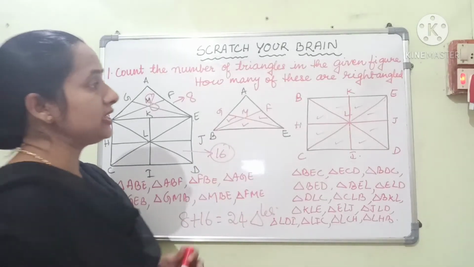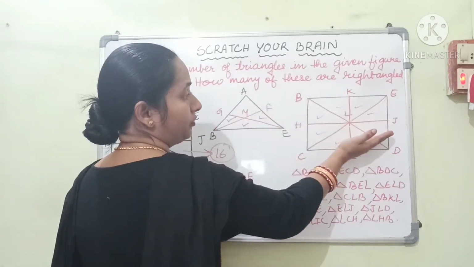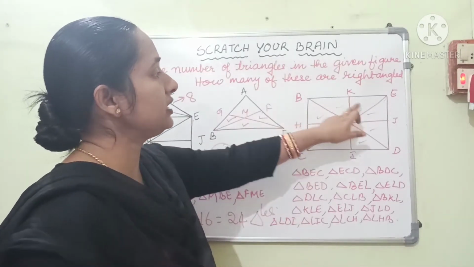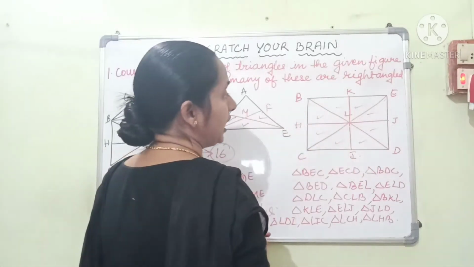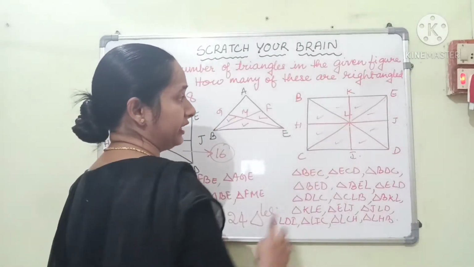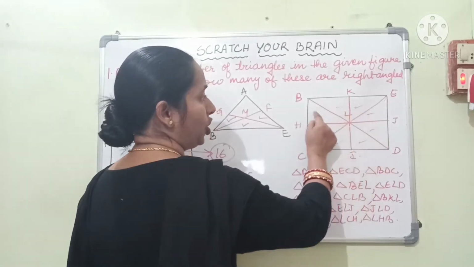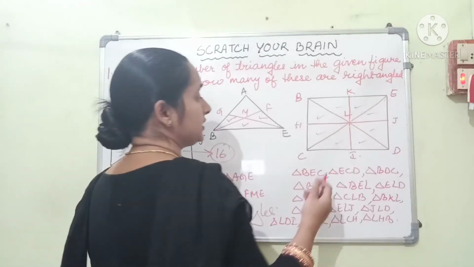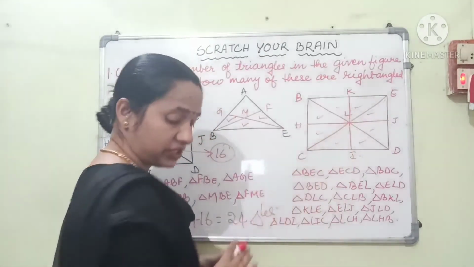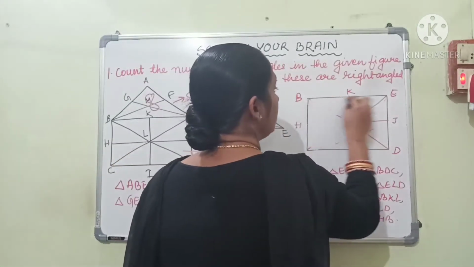So if you will see the first diagonal, when I drew the triangles which were formed, they were right angle. Even the triangles which are formed by the other diagonal are also right angle triangles. And finally the triangles which you got at the end, all these are right angle triangles. Because here, when I am drawing the first diagonal, let me show you clearly. Here you see,